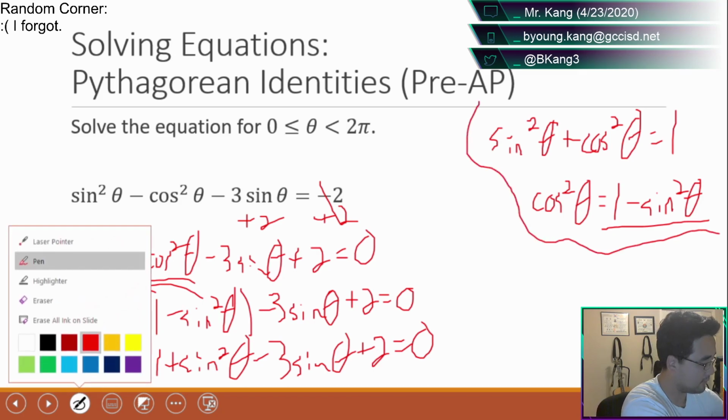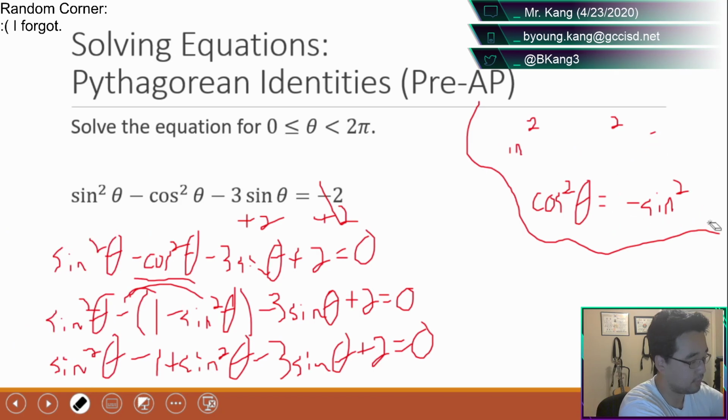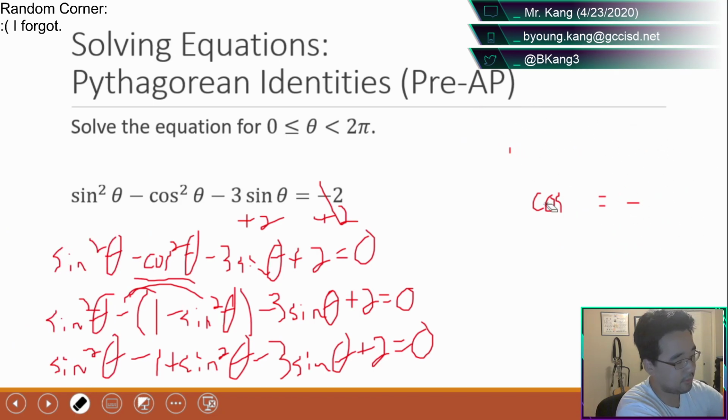Oh, hold on. You know what I'm going to do? I'm actually going to move this work way up top because I want this blank space. Hold on. Get out of here. Okay, I'm just going to write it. I know it's under the overlay, but I want some more room.